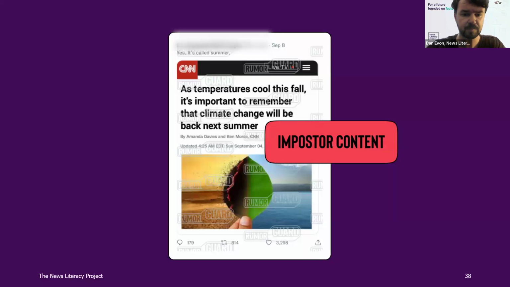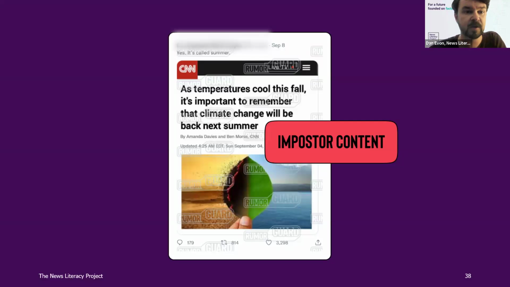You'll take a well-known logo, like a CNN logo, you kind of format it the way that their articles look, and then you add a fake headline. And again, this is a convincing form of misinformation because when you look at this, it looks just like a CNN article. Of course, if you go to the CNN website, you're not going to find this article there because this is an example of imposter content. Another common way for this is fake social media posts. People will pretend to be a politician or a celebrity to put out some sort of statement,